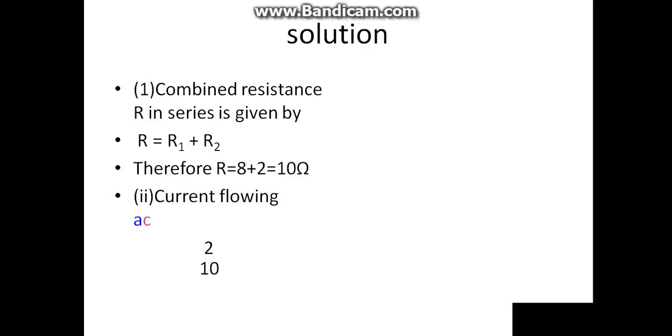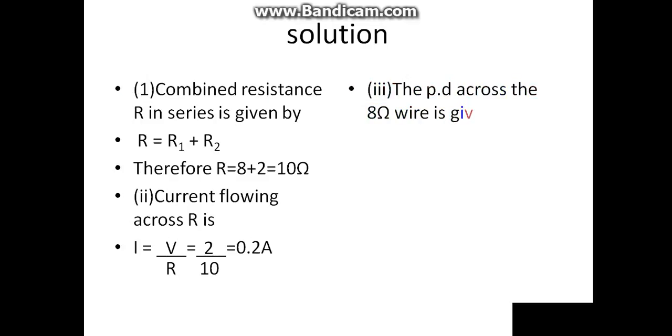II, current flowing across capital R is capital I equal to capital V over capital R, which is equal to 2 over 10. It will give us 0.2 amps. III, the potential difference across the 8 ohm wire is given by capital V1 equals capital I times R1,